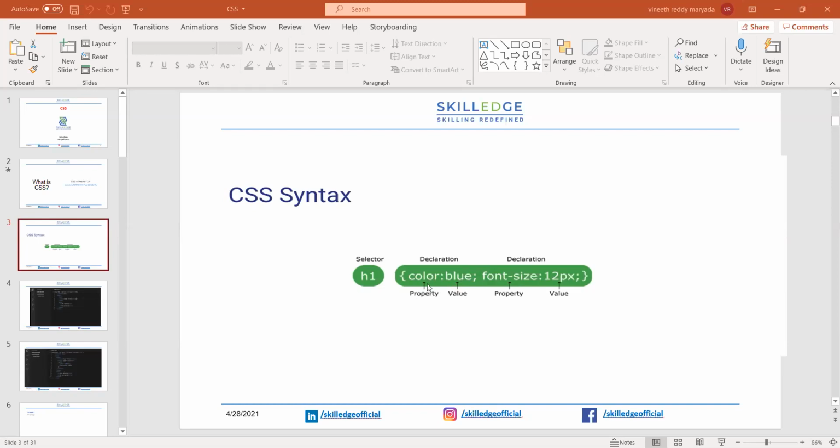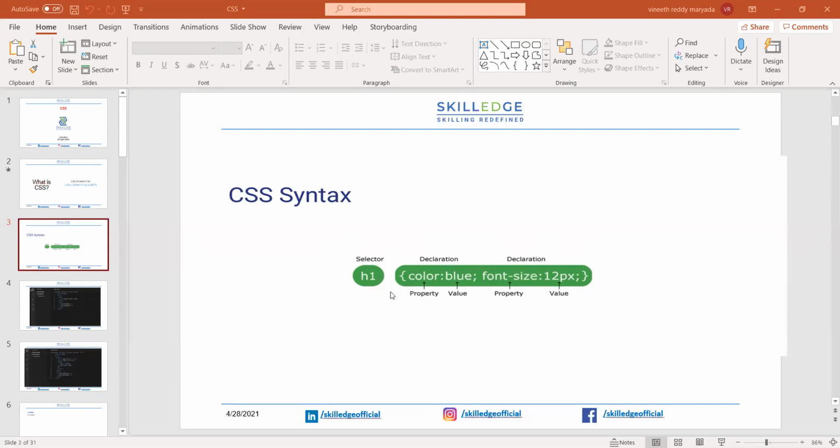All of them are separated by semicolons. Each property has a value, correct? Here we are applying color to my header, the H1 selector, and the color should be blue. I also want to set the font size for this H1 selector, and the value should be 12 pixels.